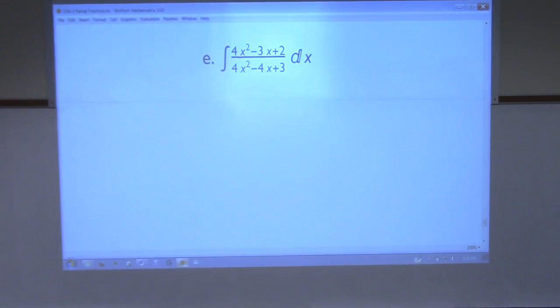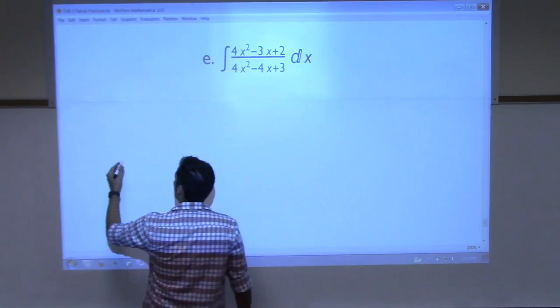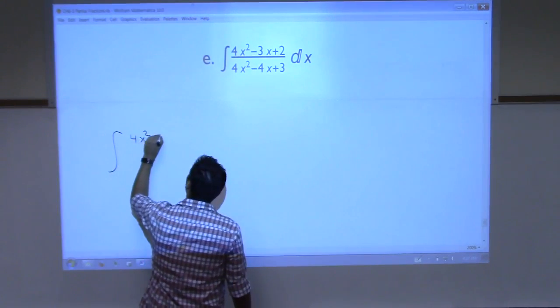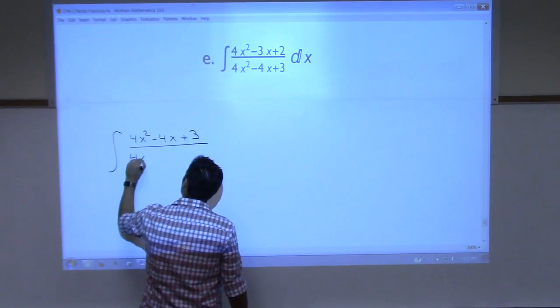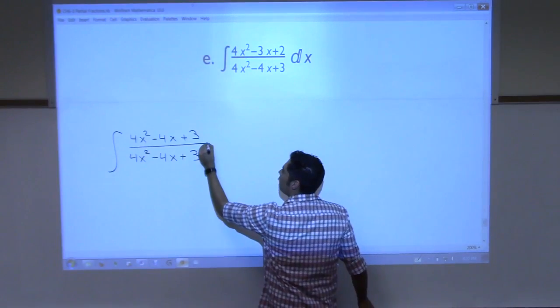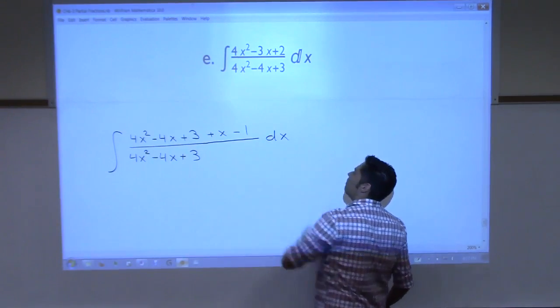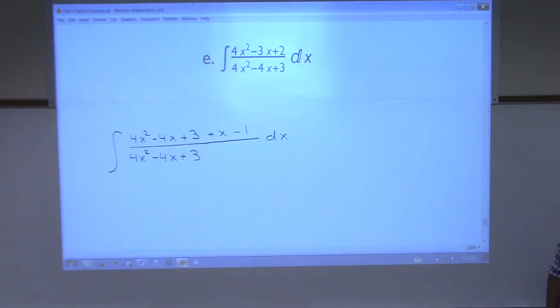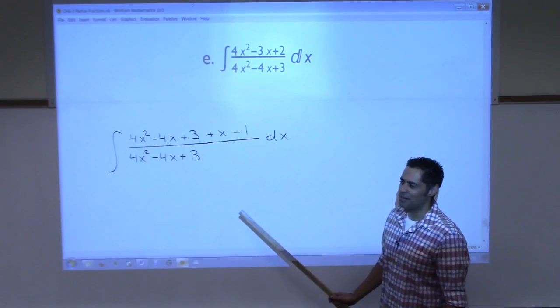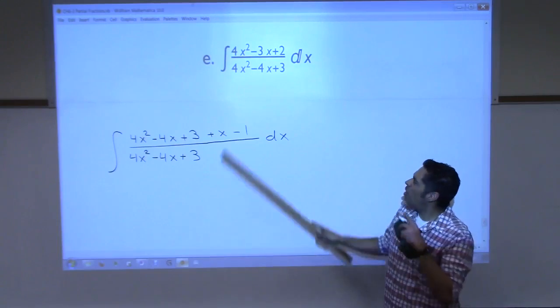All right, what do you see here? Long division. Everyone see long division? If they have the same numerator and denominator, powers. Now, so look, you can do long division with this, right? Yes? I'm going to show you something, though, that's kind of tricky but kind of cool, just so you can see it. Is this not the same as 4x squared minus 4x plus 3 over 4x squared minus 4x plus 3? Isn't that the same? No, that's not the same, right? But if I did plus x and minus 1, it would be the same, right? I know that looks weird, but I just looked at this and said, look, the denominator looks awfully familiar to the numerator. They're just off a little bit on the x terms in the